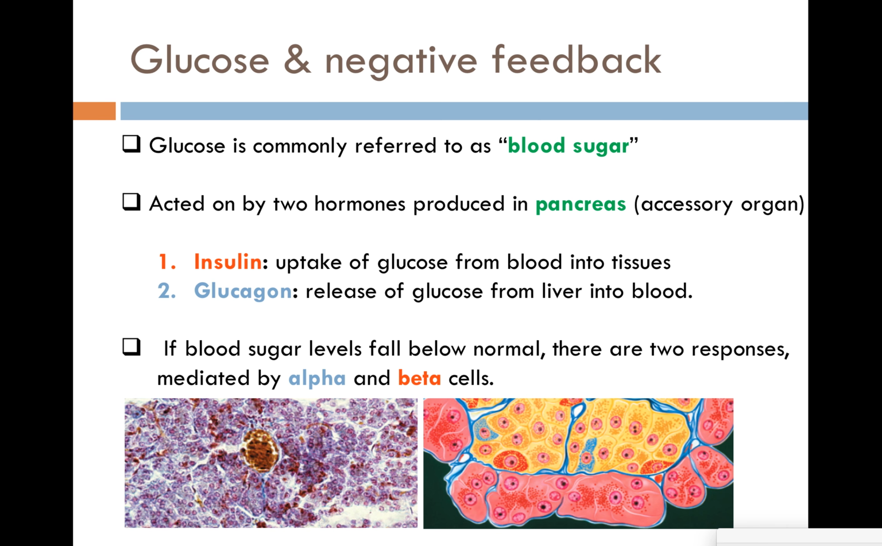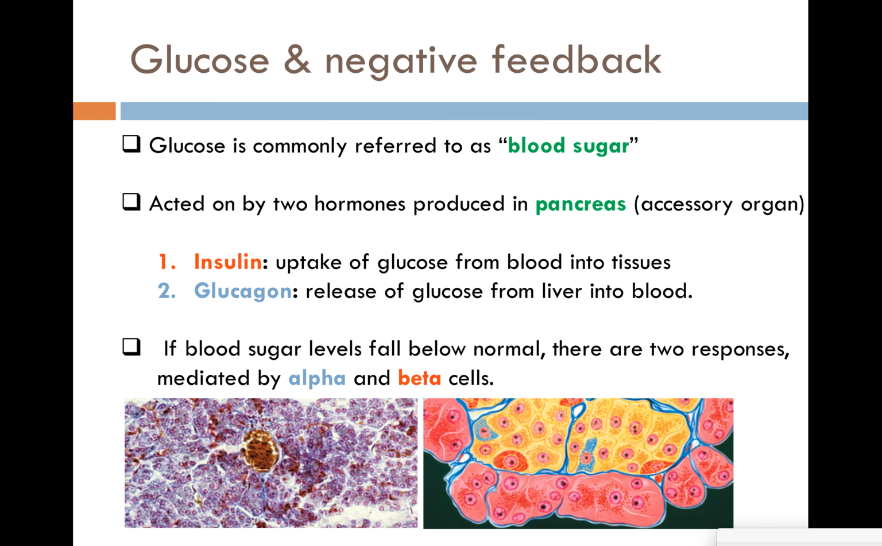So this is also using a negative feedback loop. You might have heard that blood sugar is controlled by two different hormones. You've got insulin, which is released by beta cells, and it causes our blood to give up its glucose. It takes up the glucose from the blood, reducing the blood sugar levels,